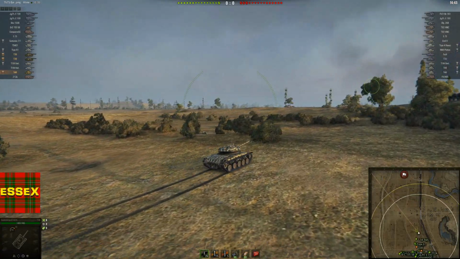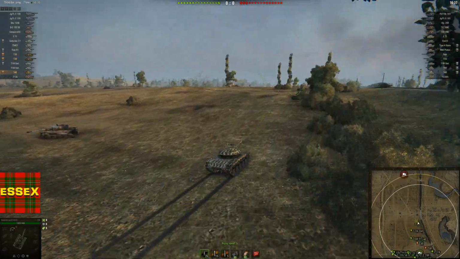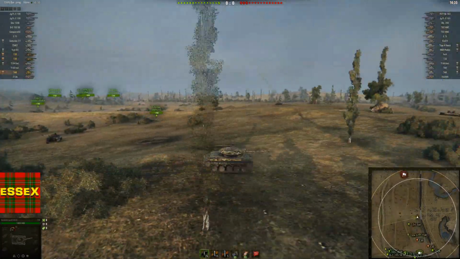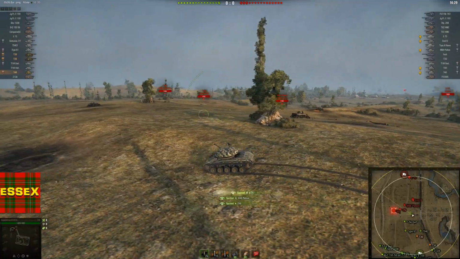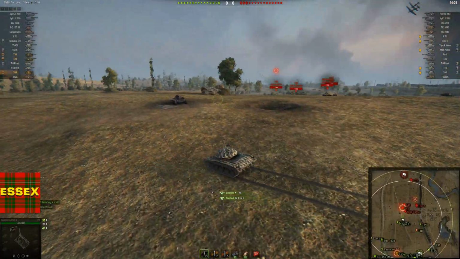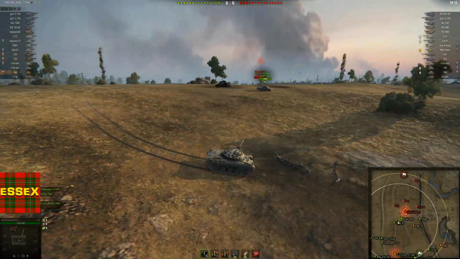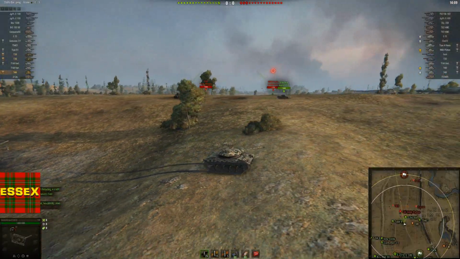So I'm going to speed this up actually, because light tanks are more fun to watch fast. This is a good opportunity for some spotting. We have a ton of support tanks. I'm in a decent light tank with good vision. I've got the run of the ridge here to play with, and I'm sharing it with this lightweight, but not